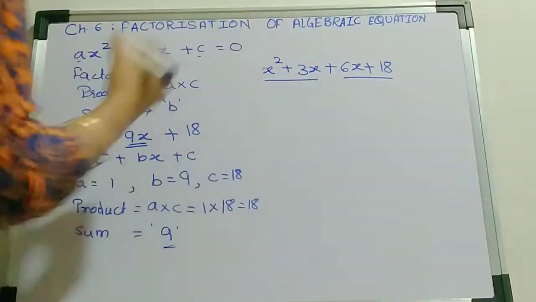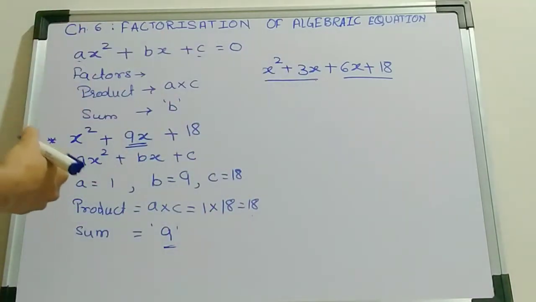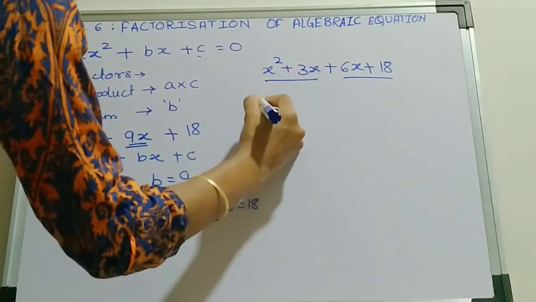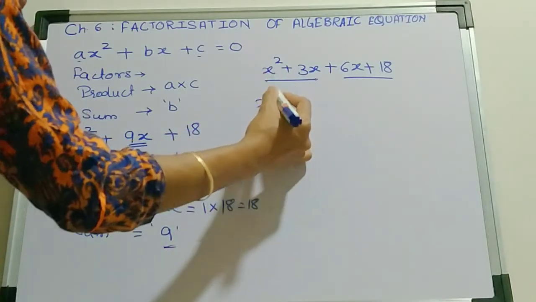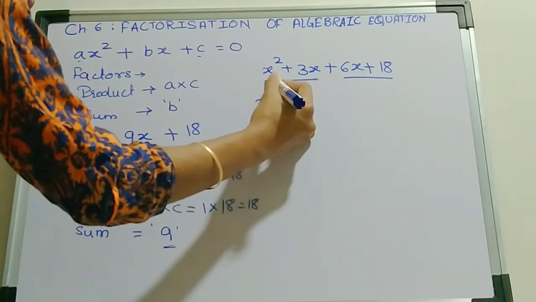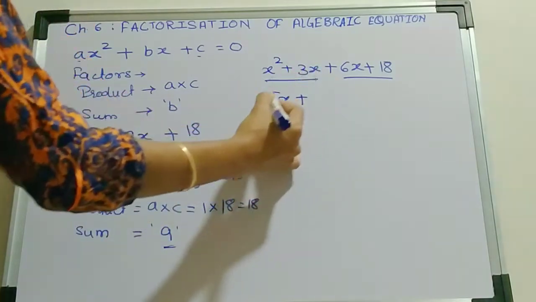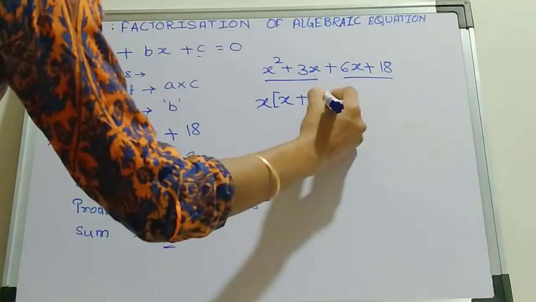So within these two terms, which is a common factor? I can see x is a common factor in both the terms, right? So I will just write down x outside the bracket, and for the first term, if my x is outside, what is remaining? 1x plus, if 1x is outside, then for the second term 3 is remaining.